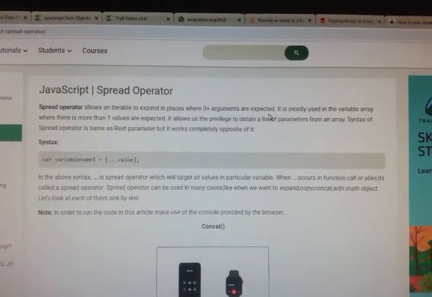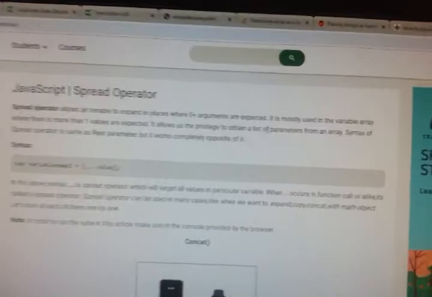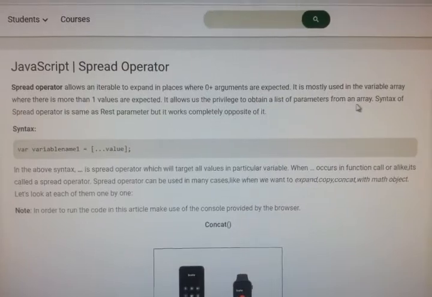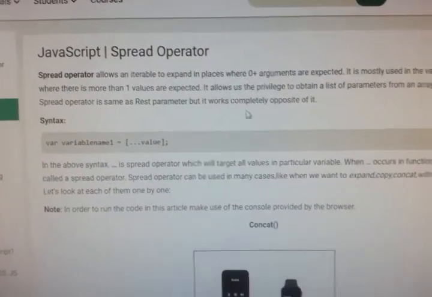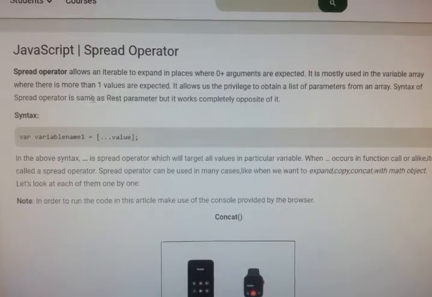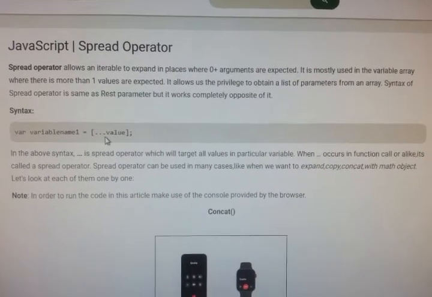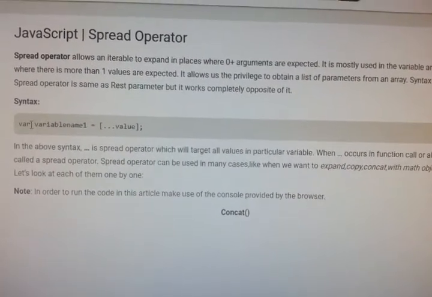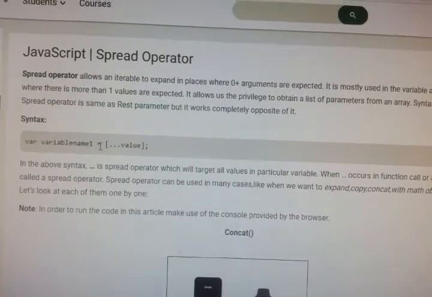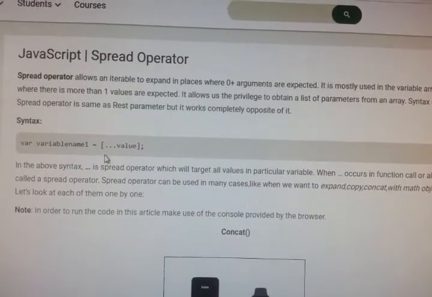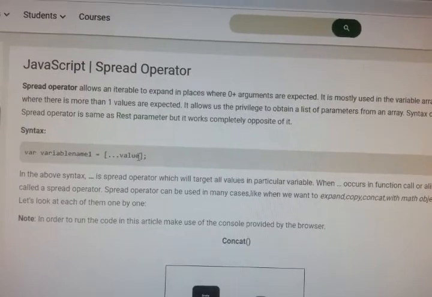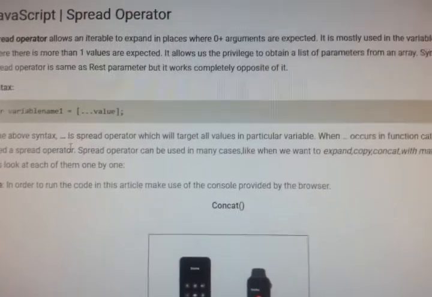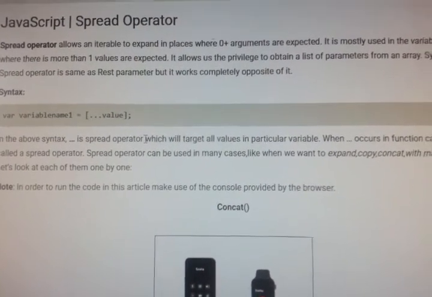It allows us the privilege to obtain a list of parameters from an array. The syntax of the spread operator is the same as the rest parameter, which is nothing but three dots. So the syntax is var variable name equals bracket open, three dots, value, close bracket and semicolon.